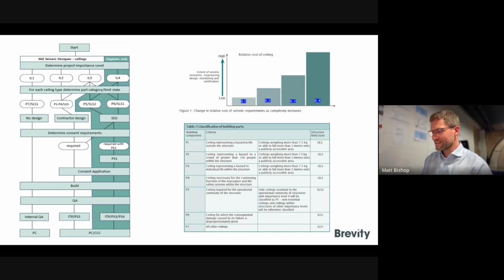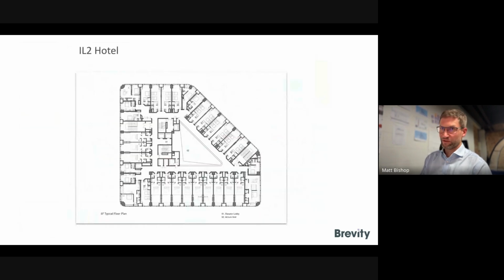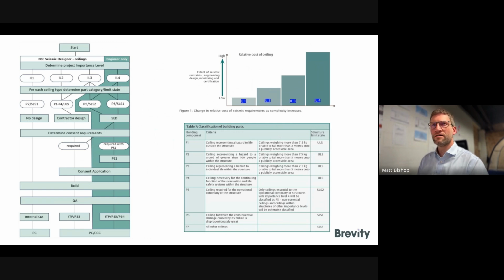Yep, so that is actually the next example. So let's go there. I've accidentally flicked through it a couple of times. Here's an IL2 hotel design. It's pretty straightforward. It's got a whole set of repetitive rooms around the outside, and it's got a big atrium space in the middle. So again, looking at the flow chart from a project importance level, IL2, if all our settings are P1,